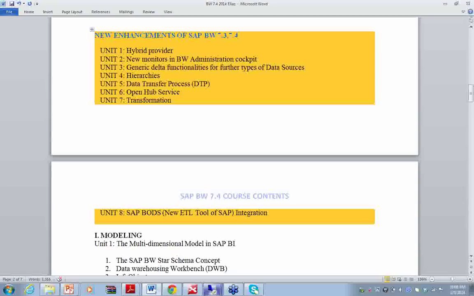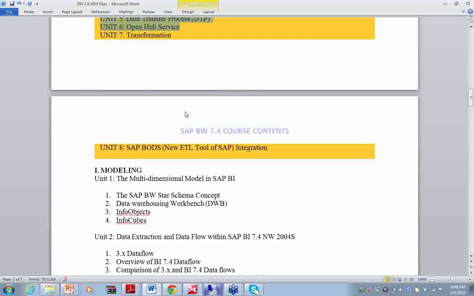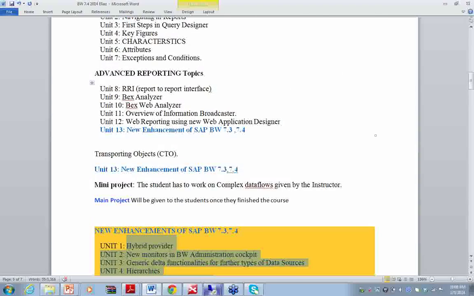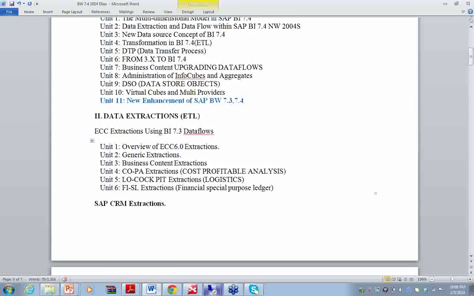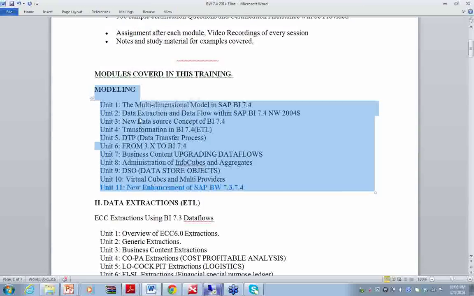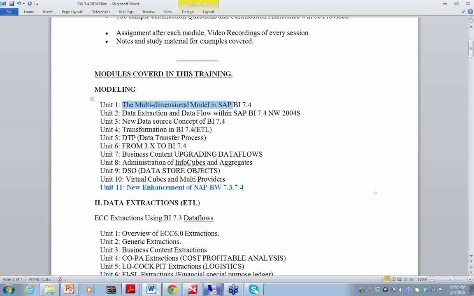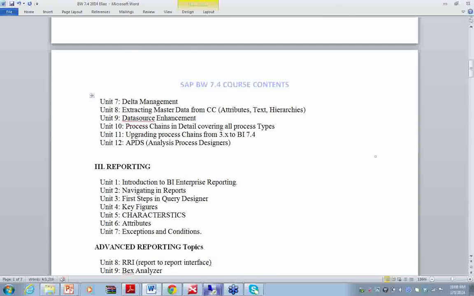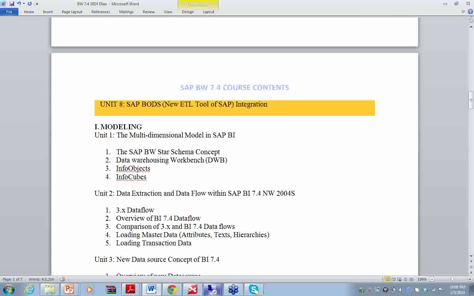Then what are the new features in BW 7.3 and 7.4? These are the new features, and we will be covering all of them. Whatever course content I have given here is unit-wise, and in each unit we have subunits. If you want to look in detail at what subunits we will be covering under each main unit,